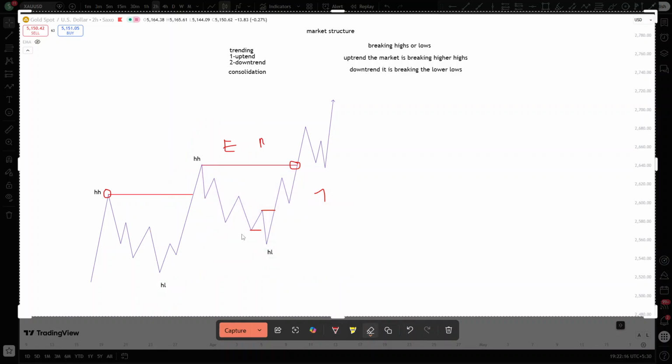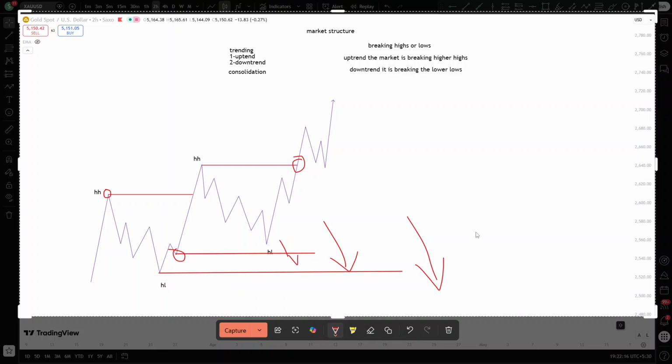When the market gives you a breakout of this point here, of this point here, if the market gives you a breakout here before it gives you a breakout here, it does not mean that you have changed the character. You have not changed the direction. You are not now in a downtrend. No, it means that the market has just swept liquidity. We have to wait for the market to give us a breakout at this point for us to know that we can now go to the